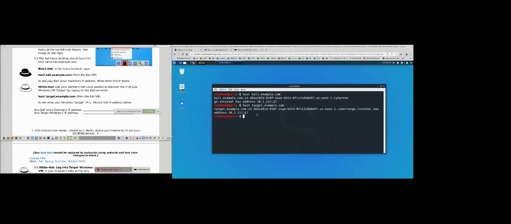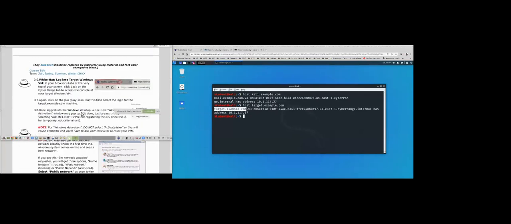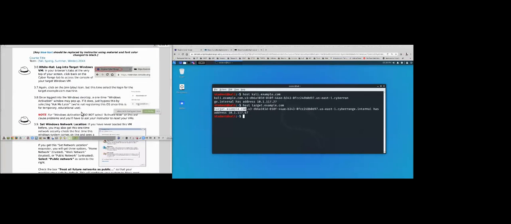host target.example.com. And you'll notice that it actually expands to this larger DNS. This is a DNS space that we've set up to make each student environment unique. But this is actually their short host name, target.example.com and cali.example.com. So they write down those IP addresses. So we're connecting the concept of the machines and the IP addresses, and now we want to start looking at ports of the machines. So before we do that, though, I have the white hat student jump over here to the